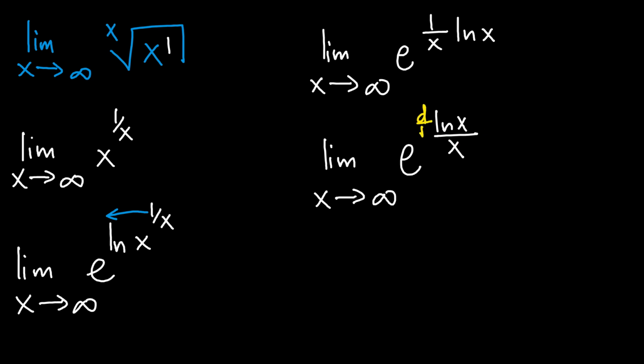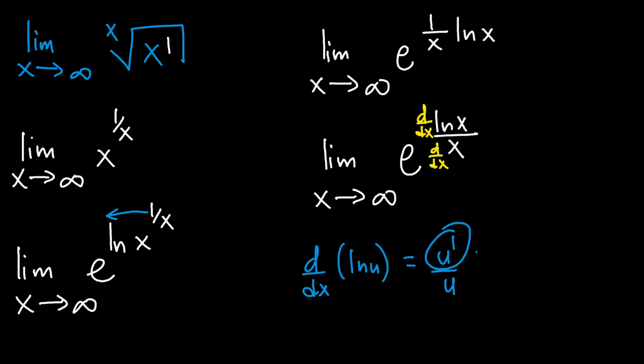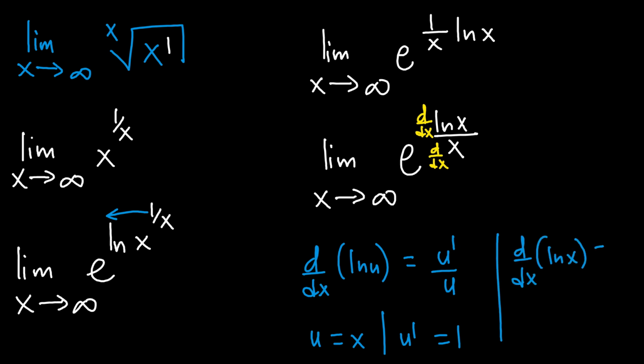So we shall differentiate the numerator with respect to x and also differentiate the denominator with respect to x. What do you get when you differentiate natural log of x? Whenever you have the derivative of natural log of u, this will be equal to u prime divided by u, where u prime is the derivative of u. So in this case, u equals x, and if you differentiate x, u prime will be equal to 1. Therefore, the derivative of natural log of x will be equal to u prime, which is 1, divided by u,